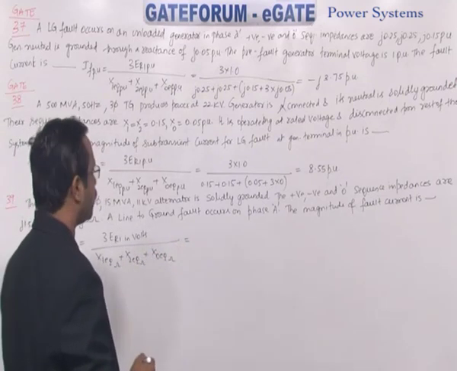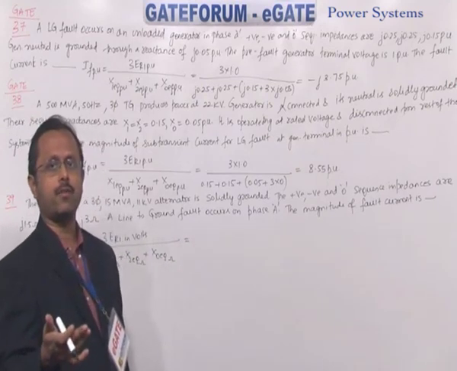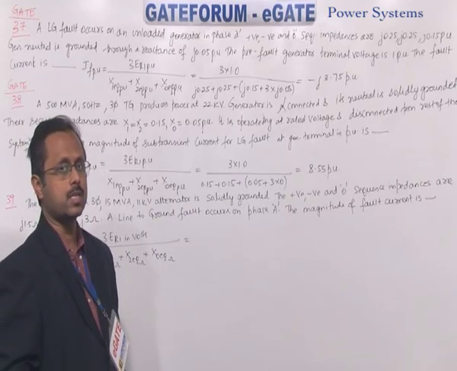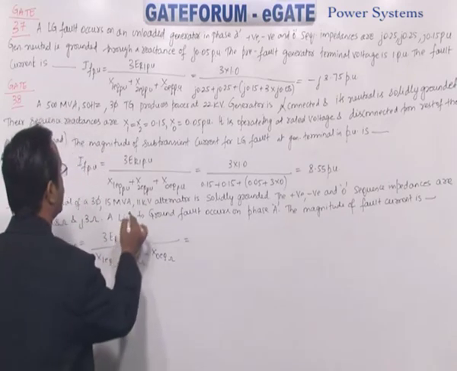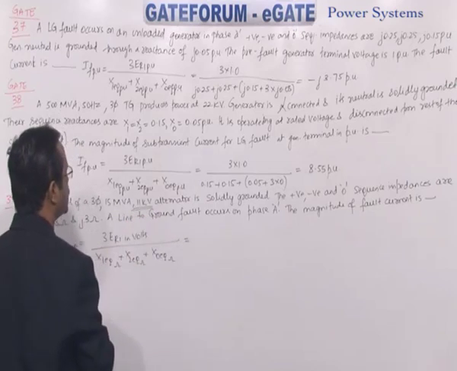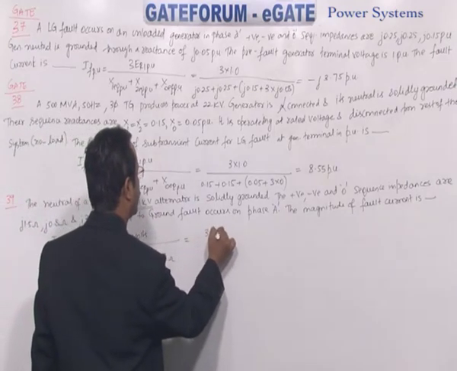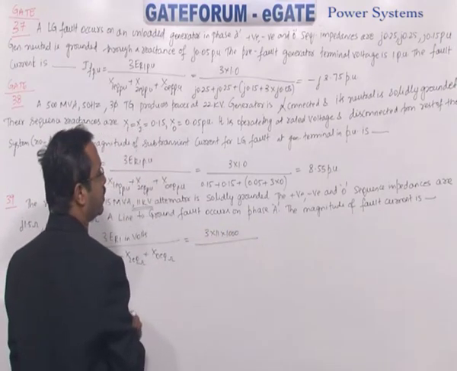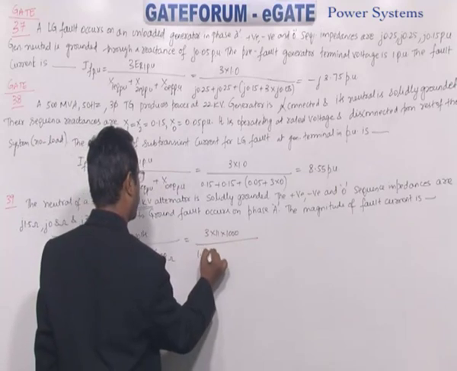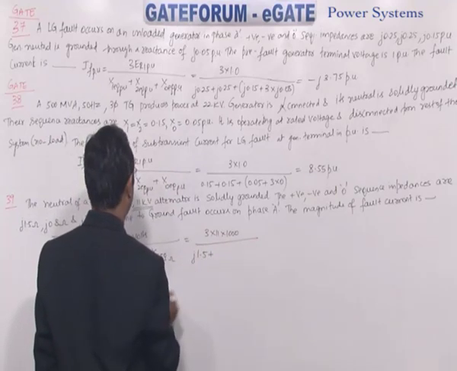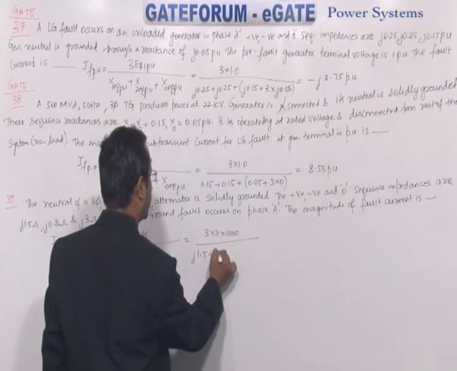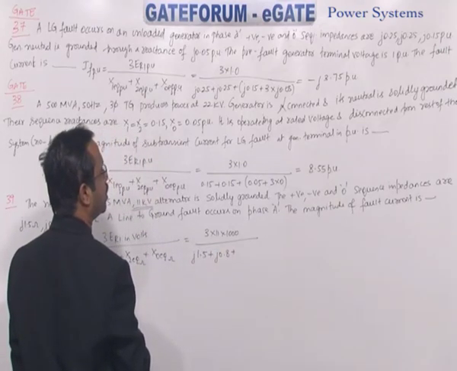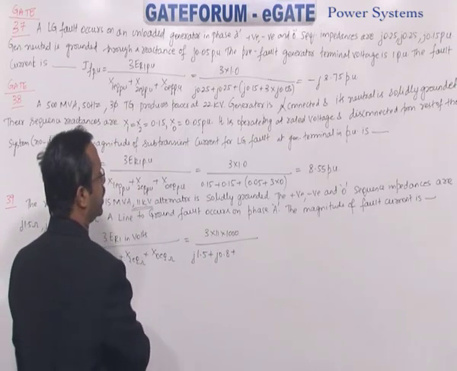And what is the ER1 value? ER1 in volts is equal to ER in volts. So what will be ER? The rating of the alternator is selected as ER, so 11 kV. What about X1 equivalent? 1.5. What about X2 equivalent? 0.8. What about X0 equivalent? j0.3